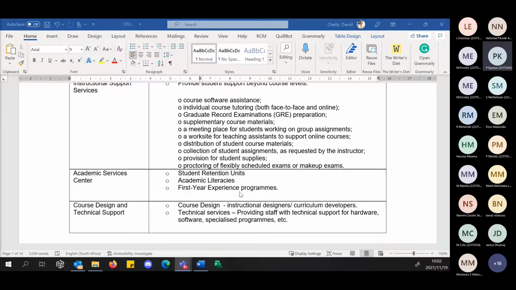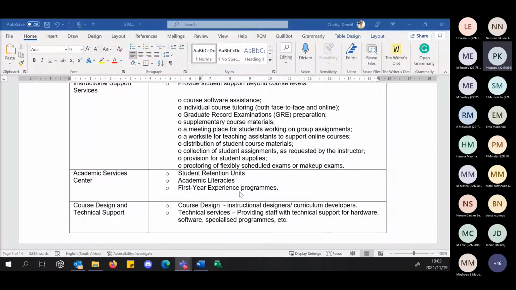If we don't close those gaps at the beginning of the first year, those students will be making the same mistakes in second year and third year, and that has an immediate effect on student retention and student throughput. So this is where we really need to think holistically about some of our spaces, right?